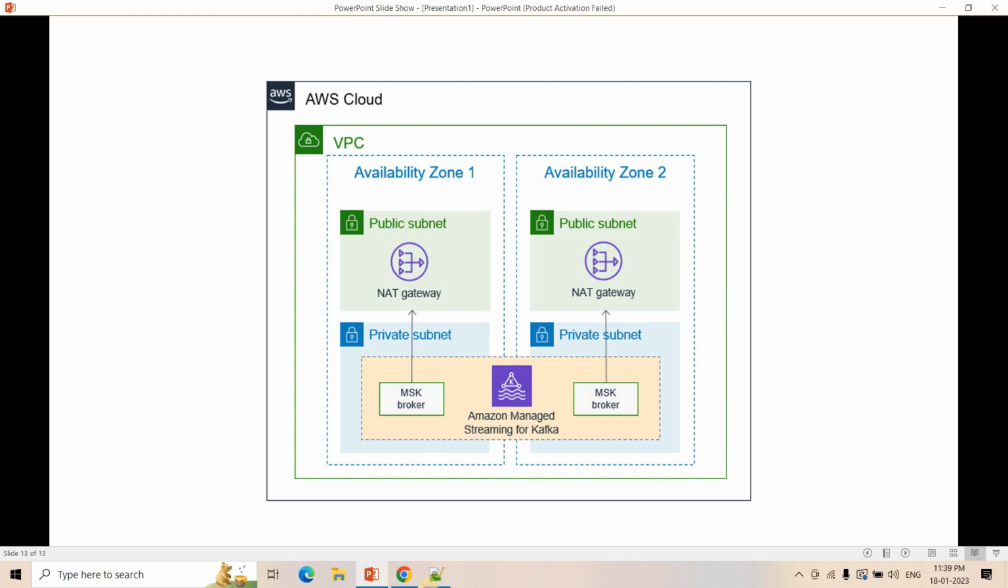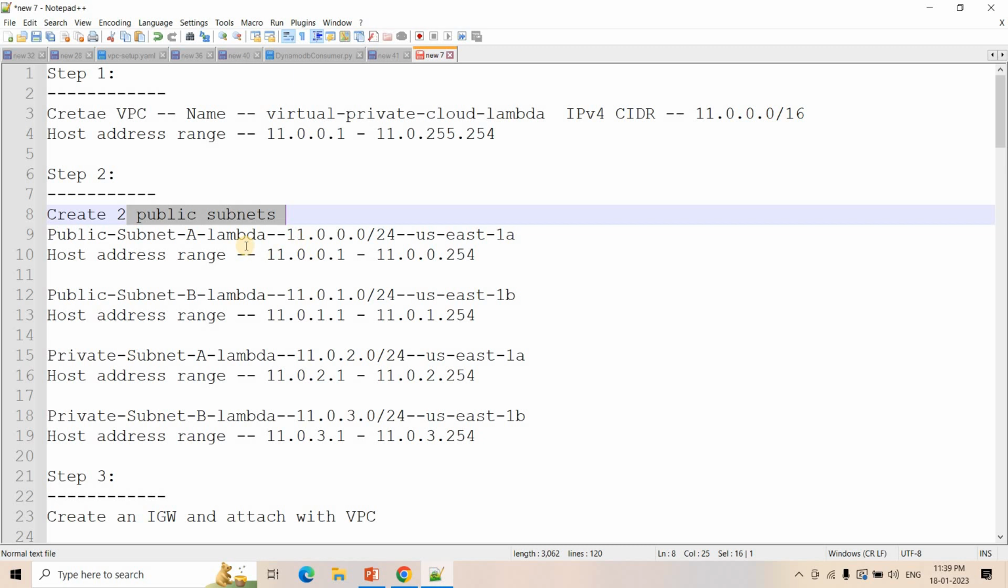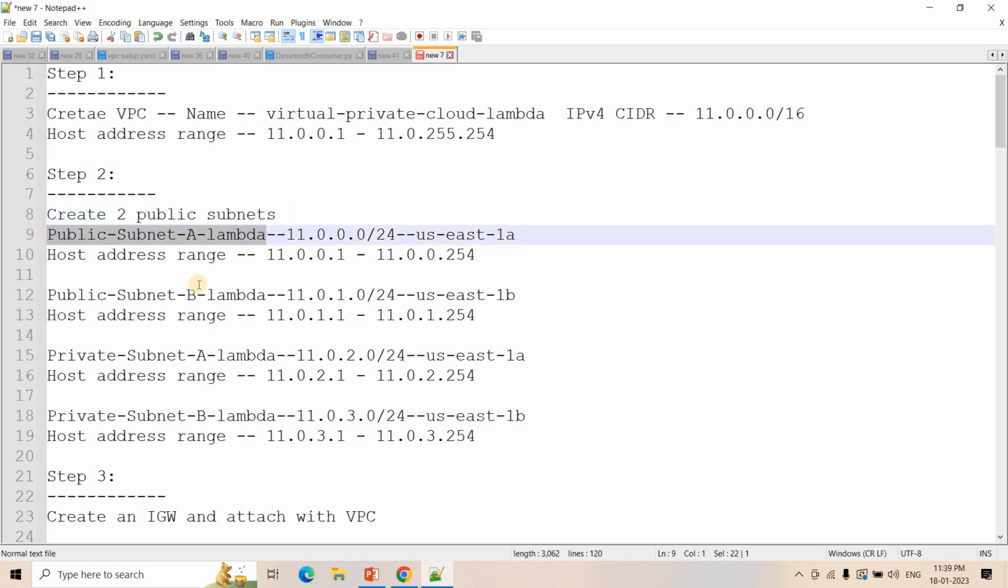2 public, 2 private. Okay, so that's what I have written here, that we will create 2 public subnets. Public subnet A lambda is the first public subnet name, and the other one has the name public subnet B lambda. The IP range for the first public subnet we are providing